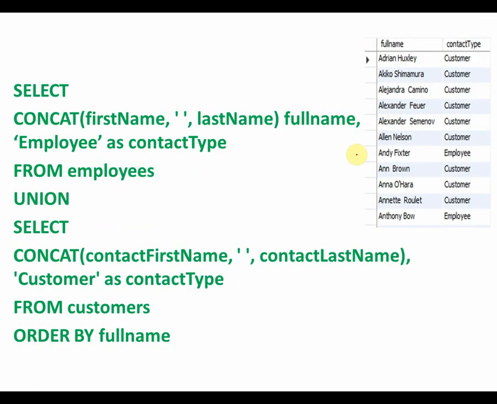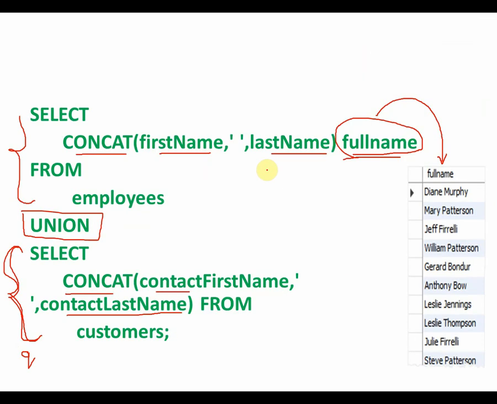The next is another variation of the same thing, where if we want to know what are the roles played by the people, like for example in the previous query, let me show you. If we go over here, we do not come to know who is an employee in this case and who are customers. If we look at the names, it's very difficult to find out who is a customer and who is an employee, because customers' names are being displayed and employee names are also being displayed. So how do we differentiate this?